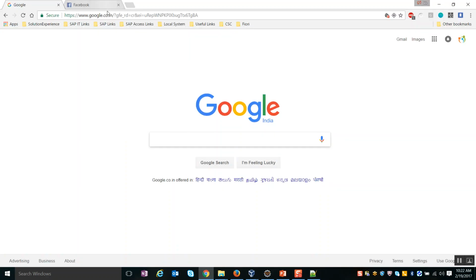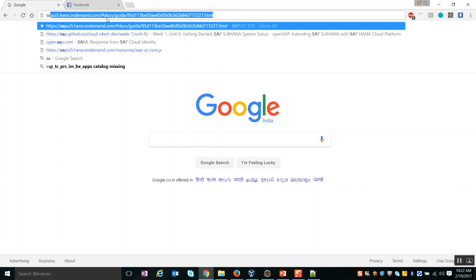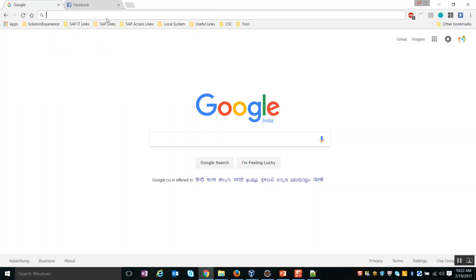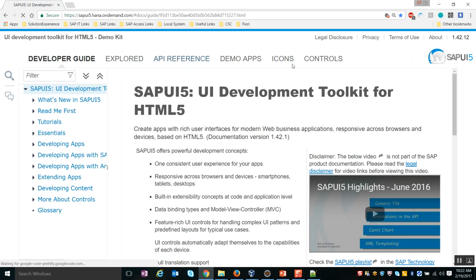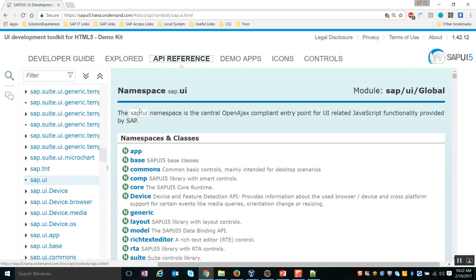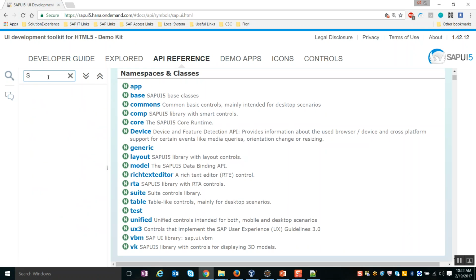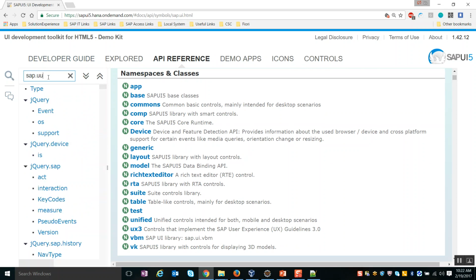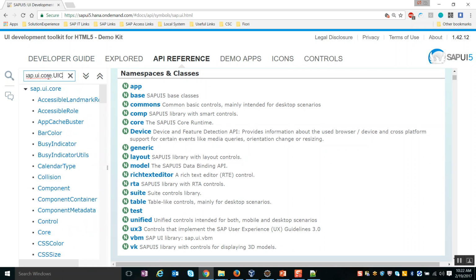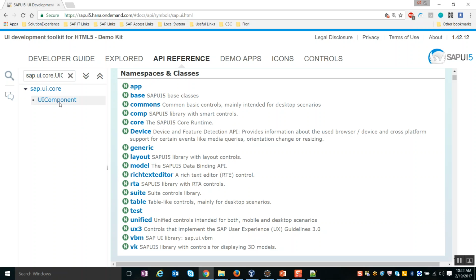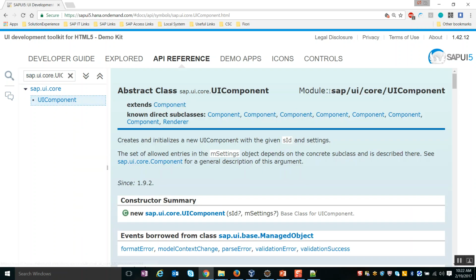So you can see that information over here, in the API reference, where sap.ui.core.UIComponent is the class.